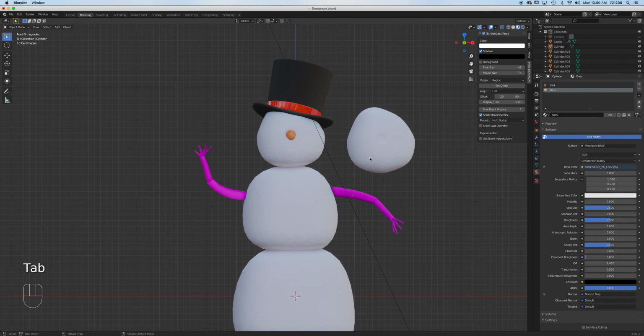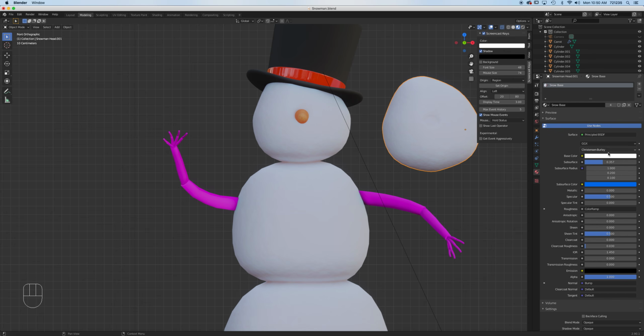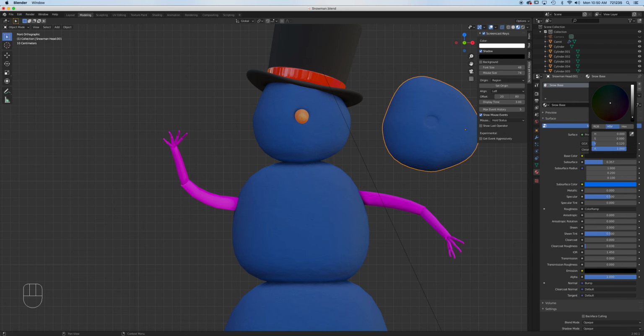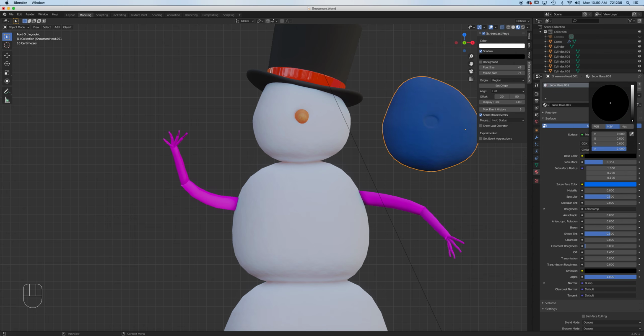Okay, so let's go to the eye right here. It says here snow base. I want to just make a new material for this, because if I make changes to this, this is all linked together. If I make any changes to this, the whole thing changes. You see it? All right, so in order to do that, I want to keep all the other stuff minus the subsurface. So if you click this button right here, it says new material. When you click that, what's going to happen is that when I change the color now, it's independent. You see it? Okay, so all I have to do is make that pure black,